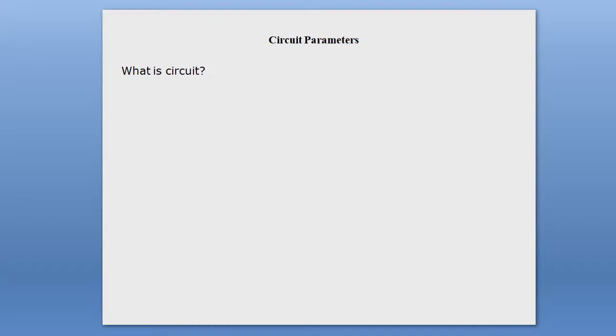Closed connection. Arkadev Ghosh wrote that it is a closed connection of electrical components. Good. Arijit Acharya, a network with at least one closed path. Thank you, both of you. And Saib Raj, a path for transmitting electric current. Sneha Adhikari, okay, thank you everyone. Your answer is correct, but the exact definition